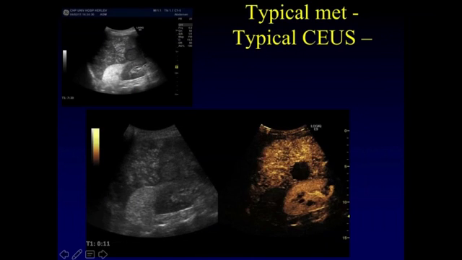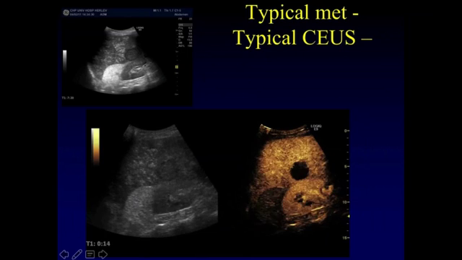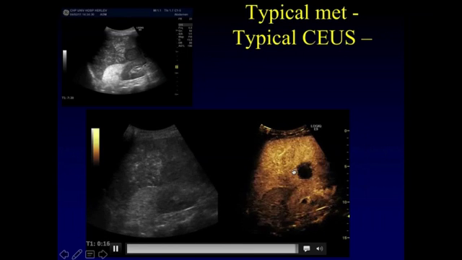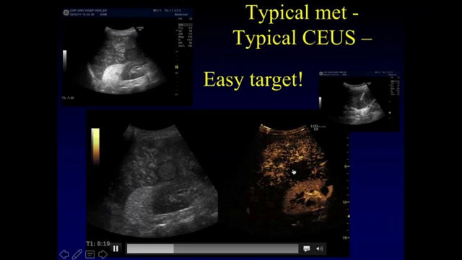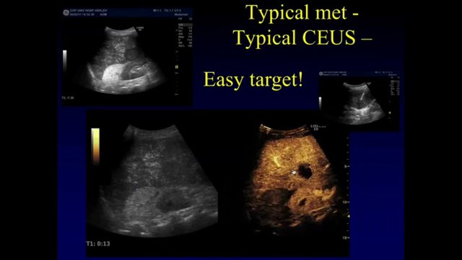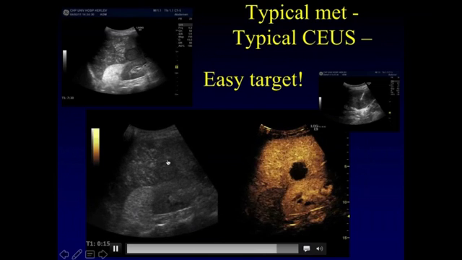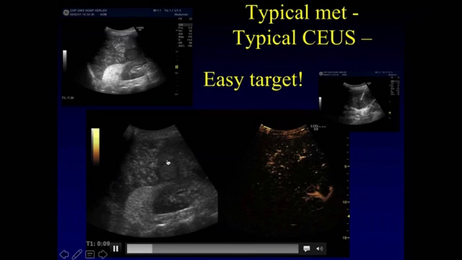First, let me show you a typical example of a typical metastasis with a typical CEUS. In this case, you actually do not need CEUS or fusion. You can take a biopsy on the B mode because everything is so clearly visualized. But